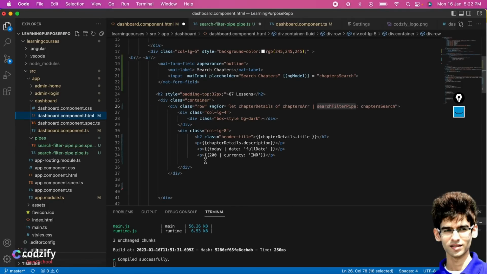Try this task to convert the US dollar to INR using a custom pipe. I hope you got the understanding about how to create custom pipes and add the different variations which we have tried, like uppercase, lowercase, date pipe, and currency pipe,